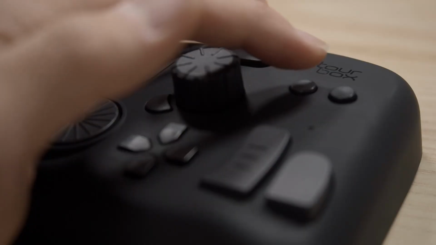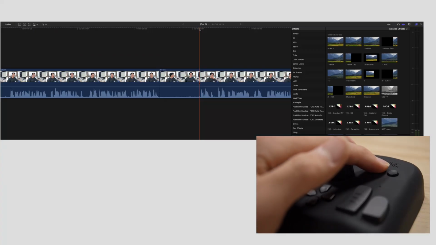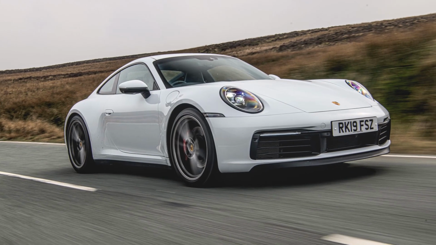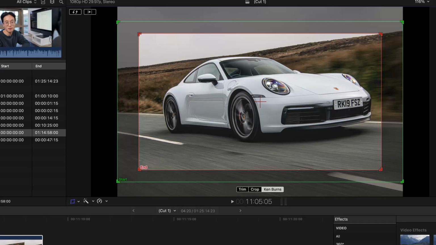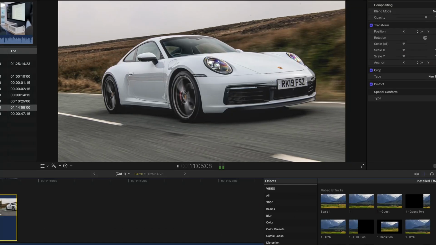Now watch this. All I gotta do is just press that little key on the TourBox to do the exact same thing. Notice I didn't have to move my hands anywhere. And the type of editing that I do a lot of is the Ken Burns effect. So instead of reaching for the Ken Burns effect on my screen with my computer mouse, I just have to tap this twice to do the same exact effect in a matter of seconds.